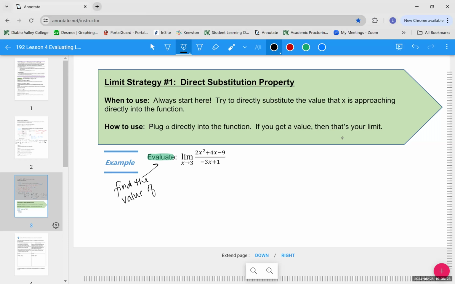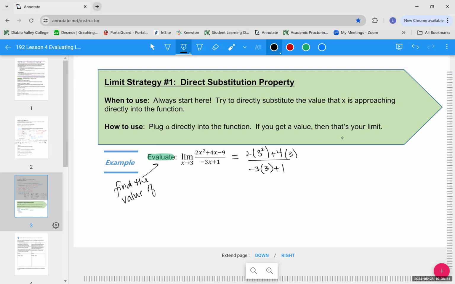So the first thing you're going to try to do is just plug the 3 directly in. And usually if it's a rational function, the place where you're going to get in trouble where it won't work is if the denominator is 0, right? Because you cannot divide by 0, you won't get a number. So a lot of times I'll kind of check that first. I am not going to get 0 in the denominator, so I'm going to keep